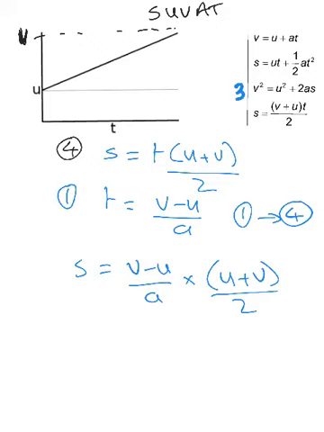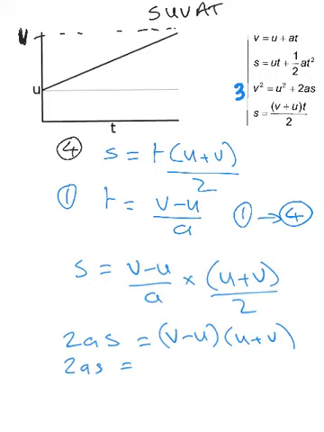They get cross multiplied and simplify quite well. I've brought the 2 over to the S and I brought the A over to the S side. So, just to jump some steps, by bringing those two across, I ended up with 2AS equals (V minus U) times (U plus V). Now, applying FOIL for two brackets, you don't have to, you just have to make sure you do all the combinations, but it's quite nice to remember that. If we then multiply them out, we end up with